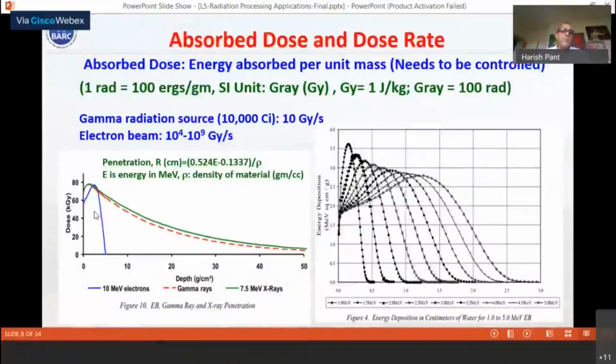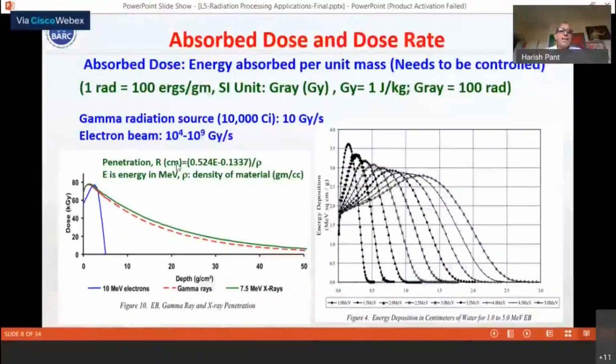very small. And if you can see the penetrating power here, this is the dose on the x-axis, and this is the depth of the material, and this is the dose profile. You can see that this is the dose profile of the electron beam. But if you see the dose profile of X-rays or the gamma rays, it exponentially decreases. So you can see the range of the gamma radiations is much higher. And if you see the range of the electrons,